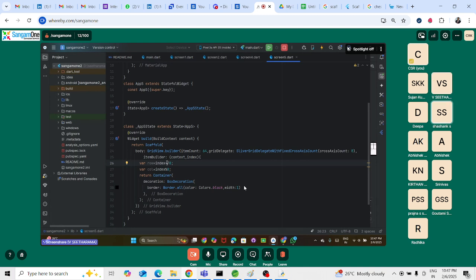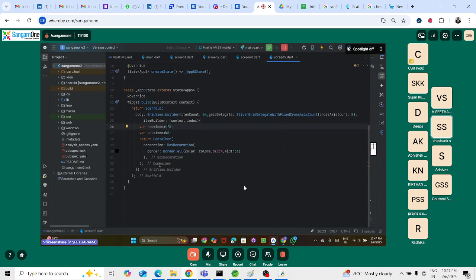Then for column, we get 0 percentage 8 is 0, and 1 percentage 8, I think it remains 1. Okay, build it. Let's see the logic. And after 30th line, comma,